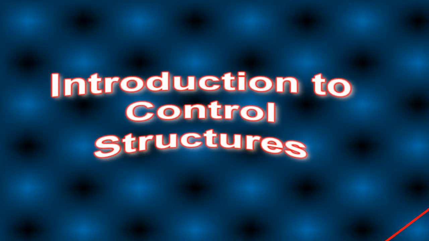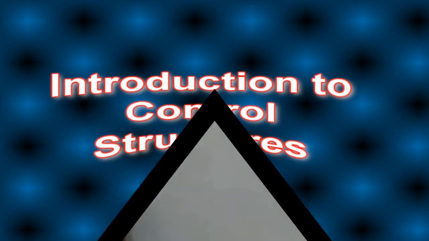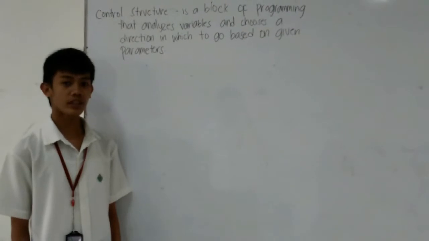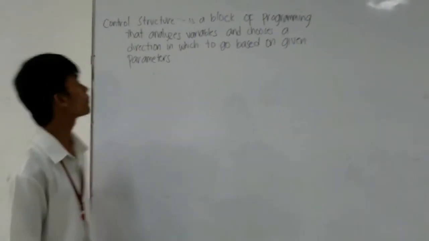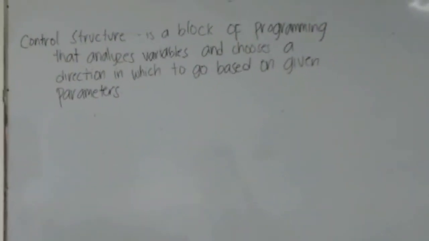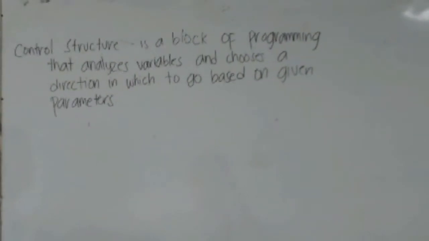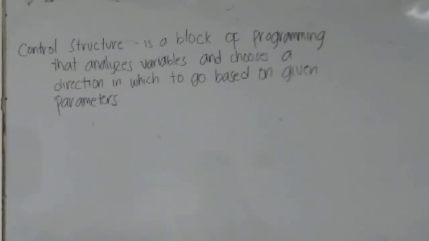Today we're going to discuss the topic about Introduction to Control Structures. First, let us know what is the definition of control structure. A control structure is a block of programming that analyzes variables and chooses a direction in which to go based